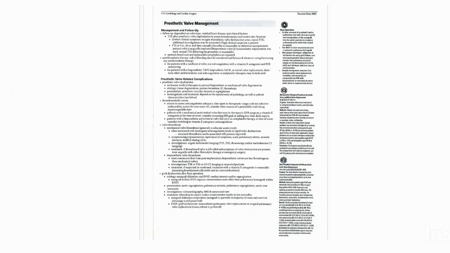However, they require lifelong anticoagulation and carry a higher bleeding risk. Bioprosthetic valves avoid lifelong anticoagulation but are more prone to structural degeneration and further reintervention. Valve choice should therefore be individualized based on the patient's age, bleeding risk, life expectancy,